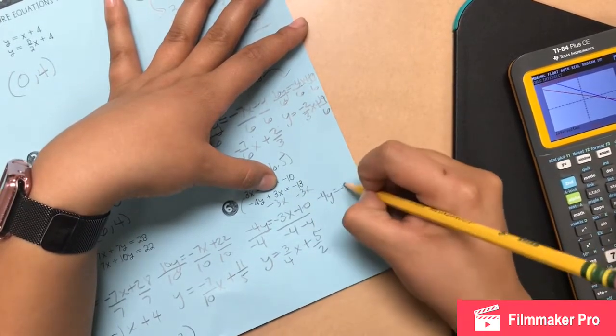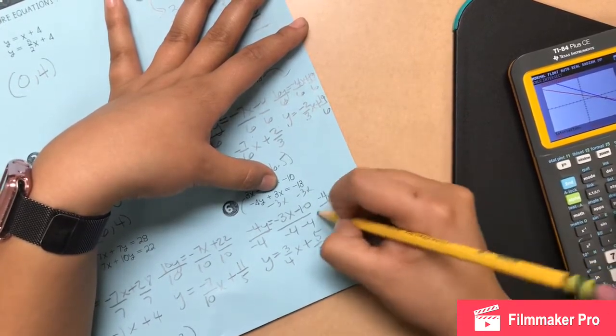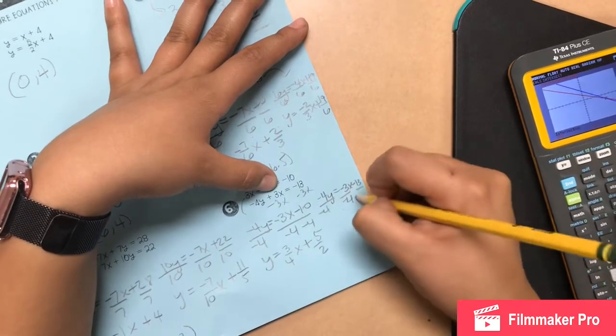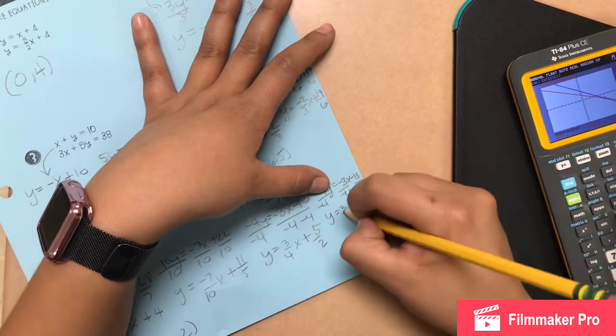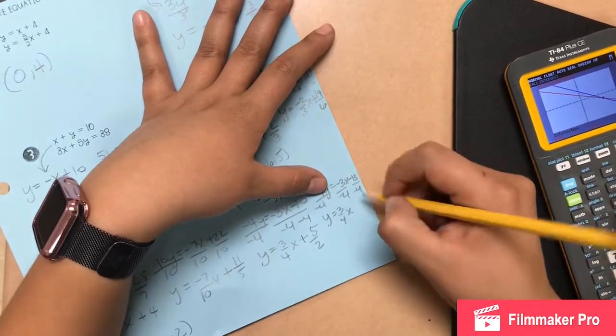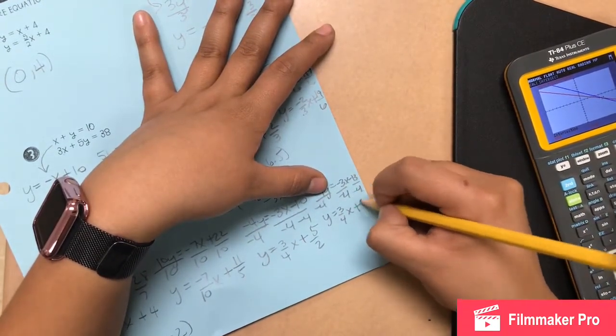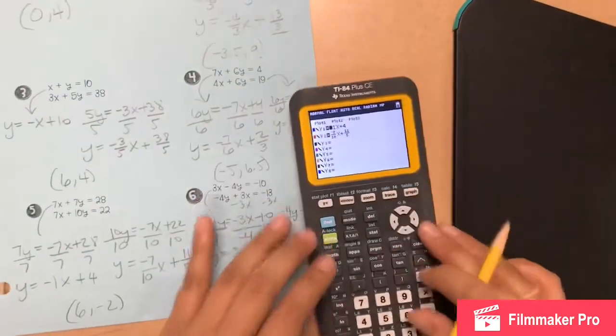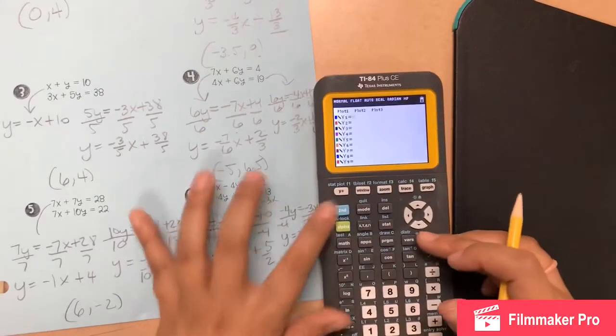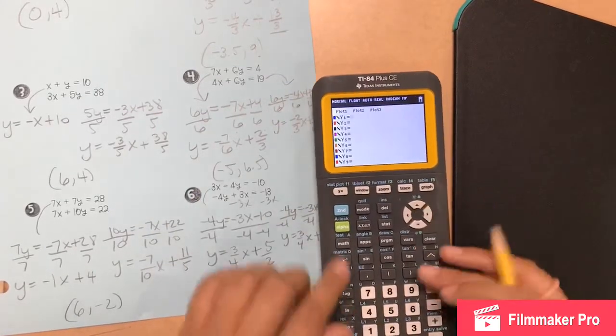So I have negative 4y equals negative 3x minus 13, divide by negative 4. So y equals 3 over 4x plus 13 over 4. Not the prettiest of fractions. But if I trust my math and I type it in my calculator,